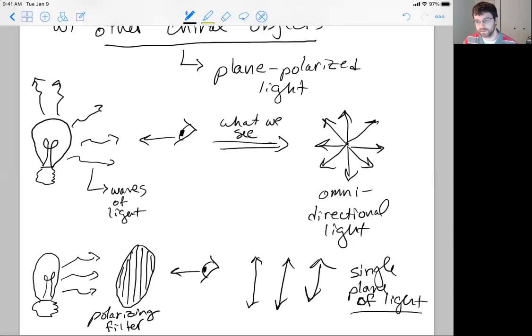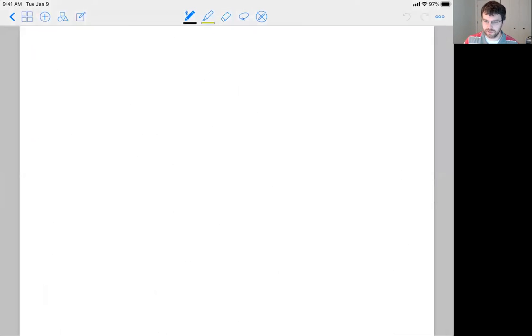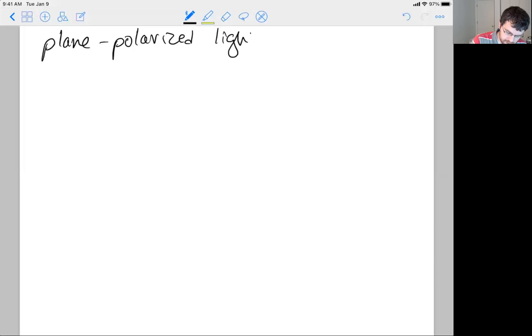Now I'm not going to go into the physical details of this, but plane polarized light is chiral. I would just have to do a much longer explanation of light to really get at why it's chiral. But suffice it to say, we know how to generate plane polarized light with a polarizing filter. And I like thinking about it as straight up and straight down. It really helps us to understand what's happening when we interact with enantiomers. But plane polarized light is chiral